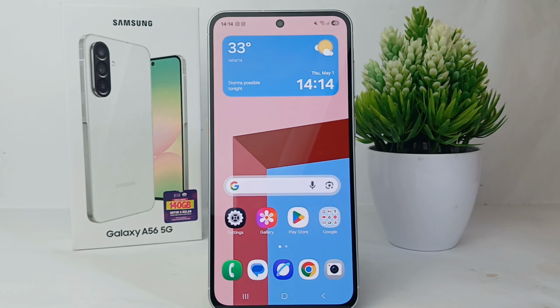Alright guys, so here's the tutorial on how to turn on always on display, and thank you so much